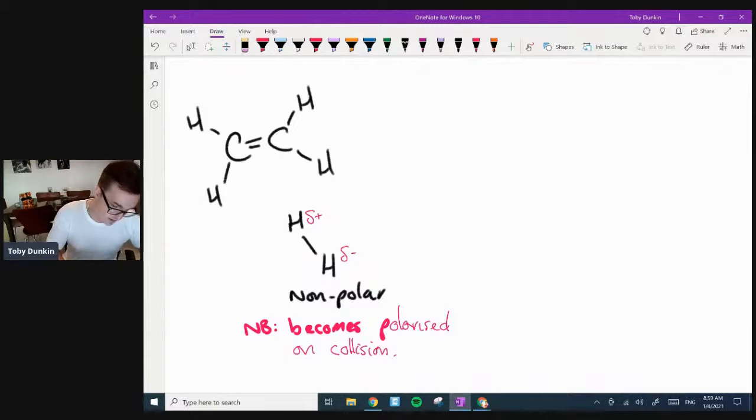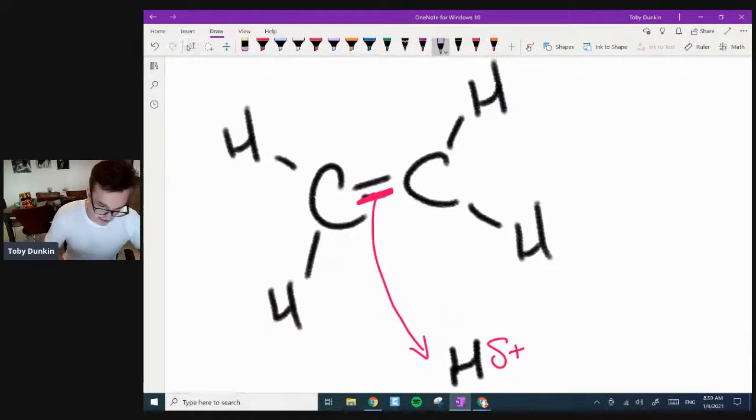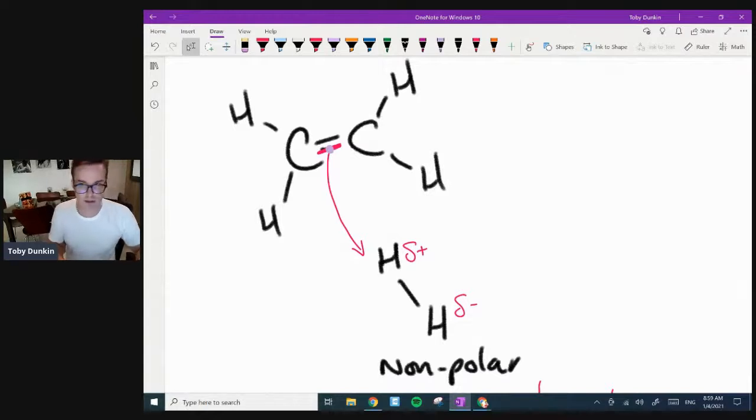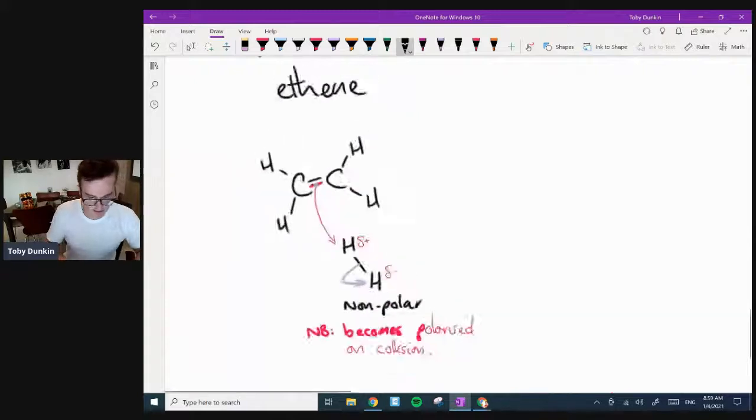Now, once that happens, the double bond is going to reach out. Notice where I start. I'm making a really distinct point of this, guys. Whenever you're doing a mechanism, we're starting in the middle of that double bond. The double bond is breaking. So if you want to break a bond, you start in the middle. This now reaches out and goes to the hydrogen. This bond now needs to break, so you start in the middle and it goes off to that hydrogen. Curly arrows always move away from each other. Please note that these are not straight lines. This one isn't even a straight line. It is curly, it's not like this. That's terrible. But it is curved, and that's important. If it was a straight line, they'll deduct a mark for that.